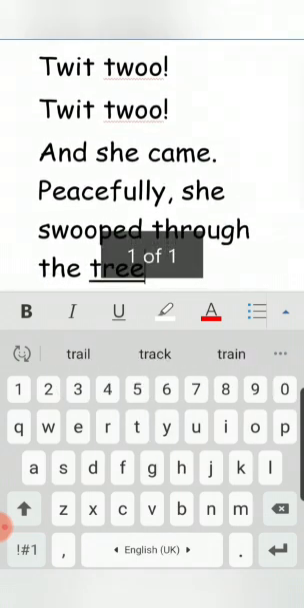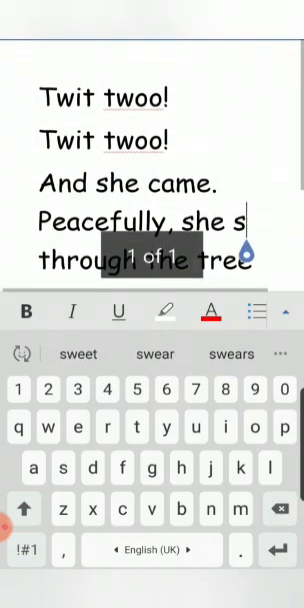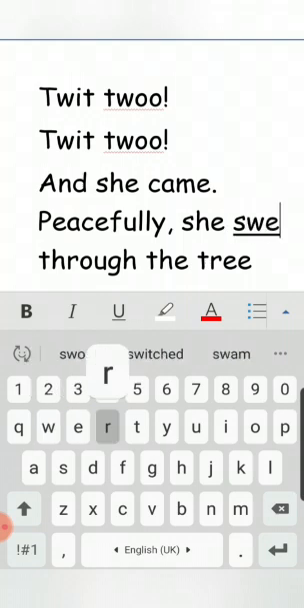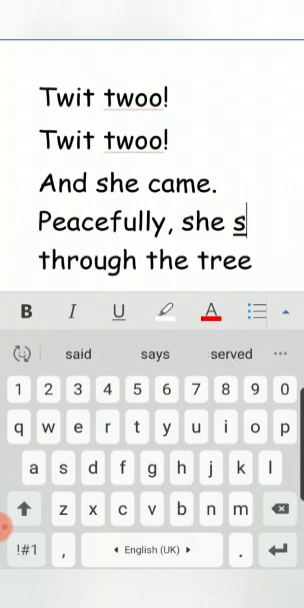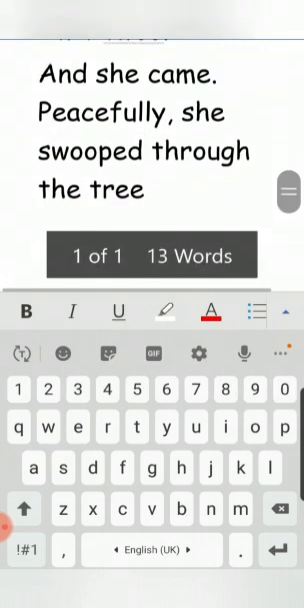the trees. Okay, I'm going to change some words here. Where it says swooped, swooped is a great word to use, we could write flew, or swerved. Let's sound that out. Swerved. Peacefully, I like swooped. I'm going to stick to swooped. Let's sound it out. Swooped. Peacefully, she swooped through the